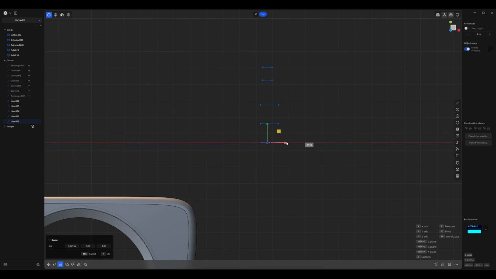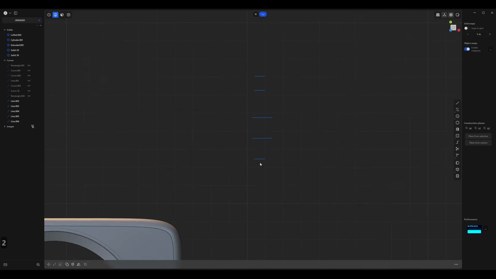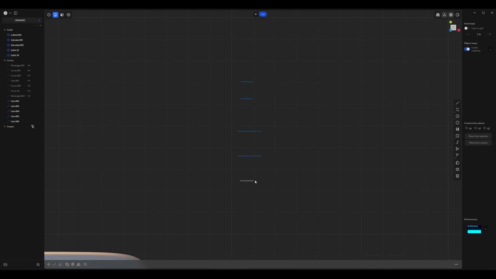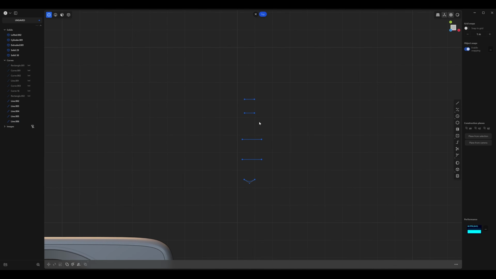Let me adjust this one a little bit further. And in this area, we want it to kind of curve out a little bit. So select that, press Shift S, which will add an extra point. And in point mode, select it and move it down a little bit to give it that curvature. And maybe it's looking a little thick here, so I'm just going to scoot this in a little bit.